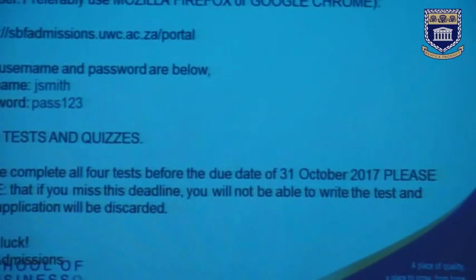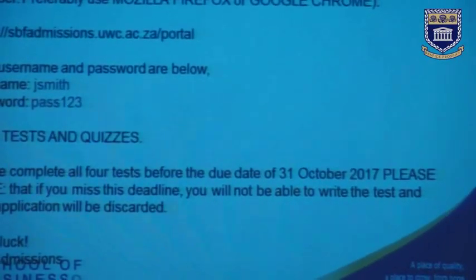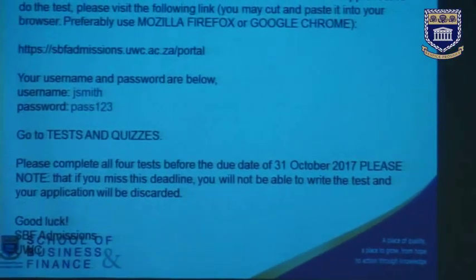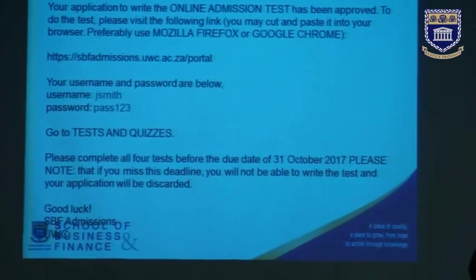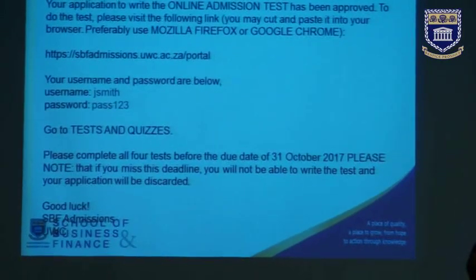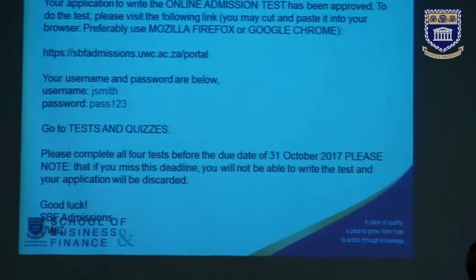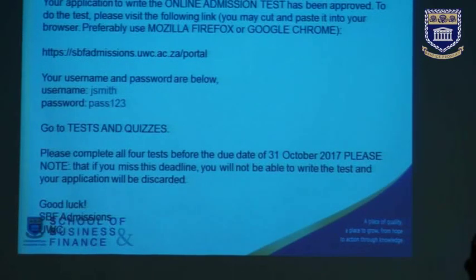Obviously I'll give them the link, and I must say, this year we've actually had minimum problems. Initially when we had it, the problem was between the keyboard and the chair. A lot of people are really not computer literate. I would normally say to them, go and ask your IT guy, ask your daughter or your son to help you, because we literally send out emails to thousands of people to say, you need to write the test.